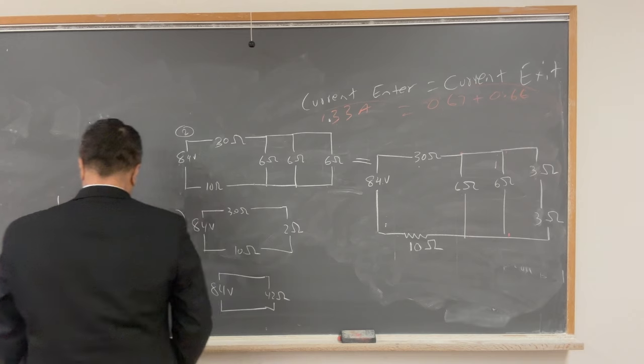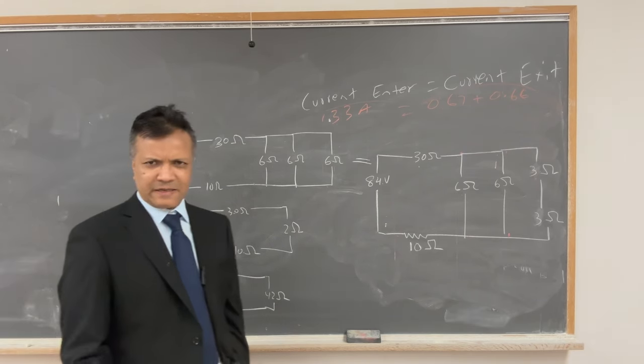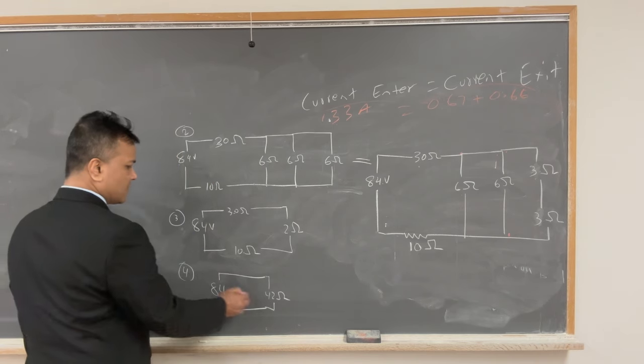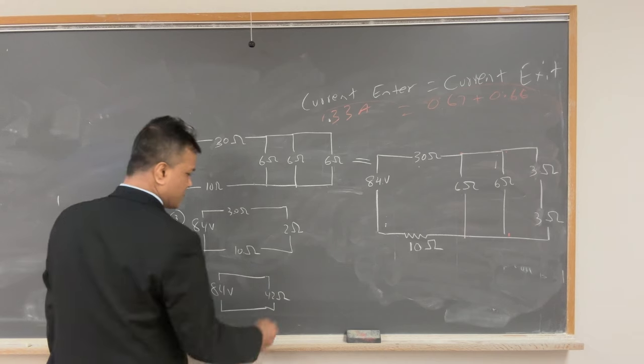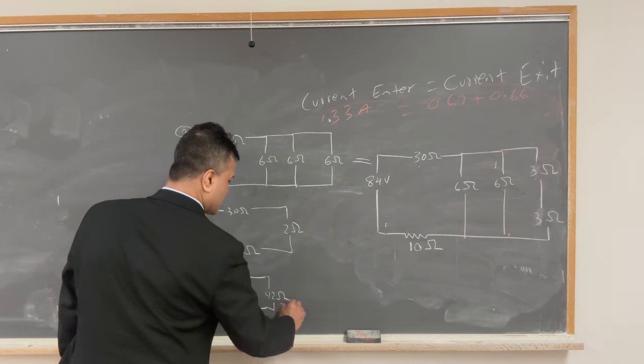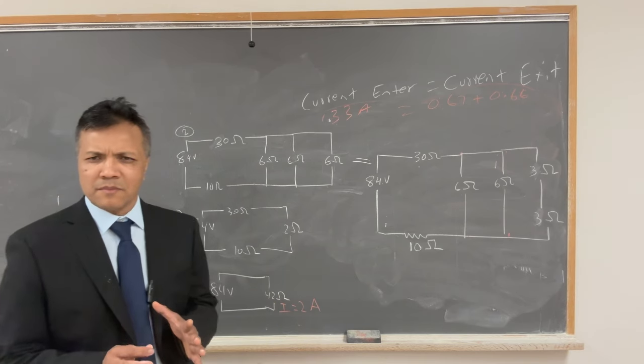All right, now you're going to find the current. So what is the current over here? Ohm's law tells us the current. Current is V over R. V is 84. 84 divided by 42, which is 2. So the current is 2 amps. Now 42 comes from